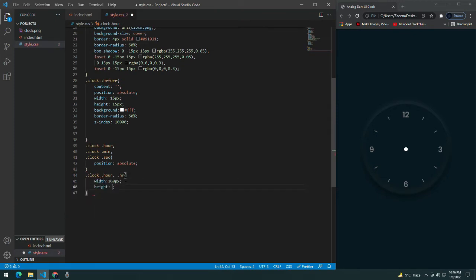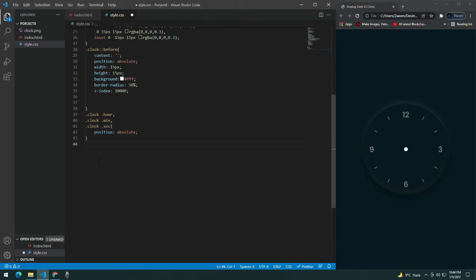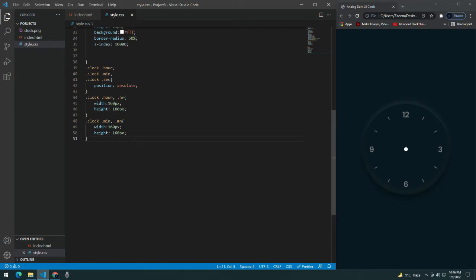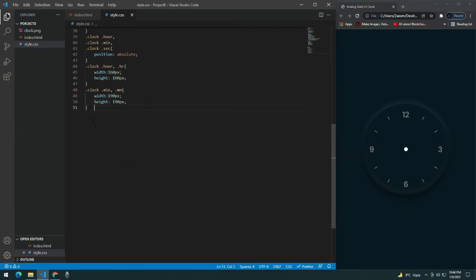Give it a width of 160 pixels and a height of 160 pixels as well. Now let's copy this and do the same for minute and second. Now give it mn for the needle of minutes, and I'll change the width and height to 190 pixels.